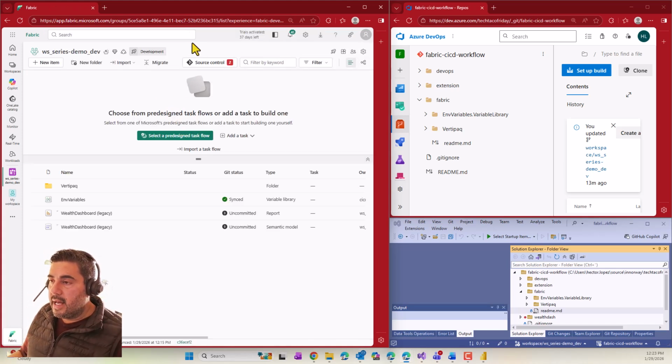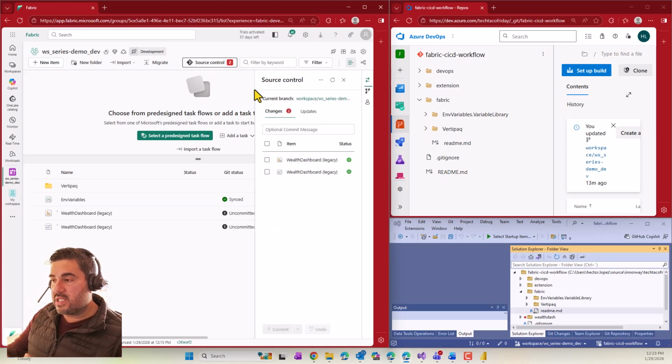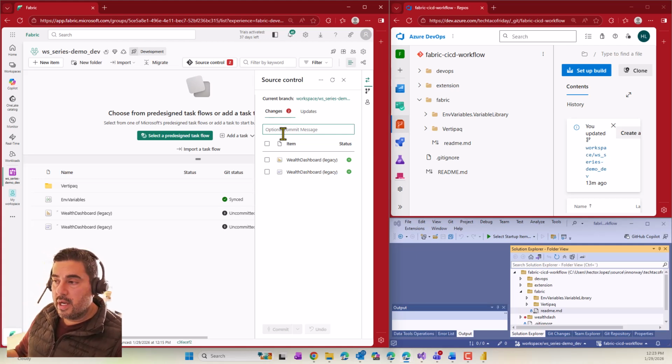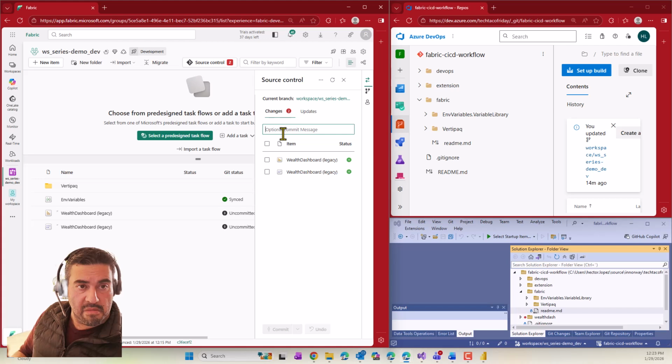All right, since we have our workspace connected to Git, you will immediately notice that Power BI, or in this case Fabric, is telling us you created items in Fabric through the portal that are not being reflected to your branch, right, to your source code. So what do you want to do? Do you want to send it back in an operation in Git called commit? Yeah, we would,